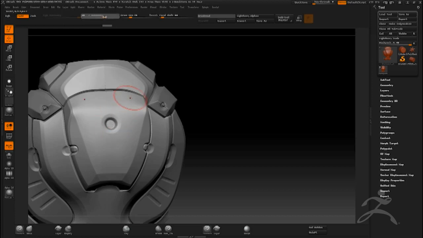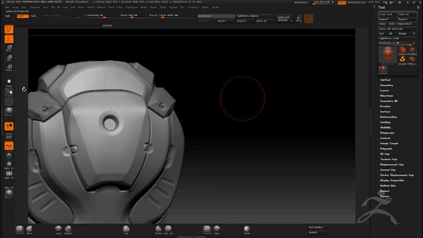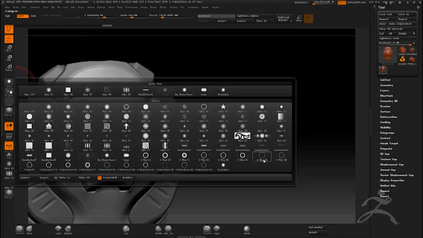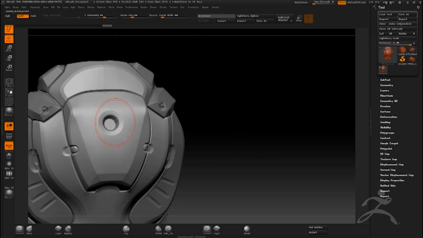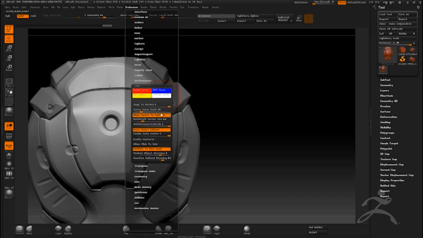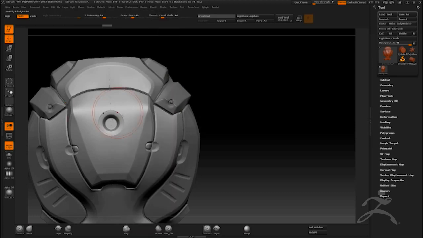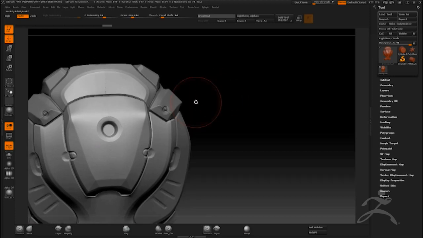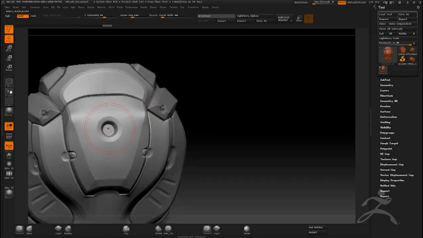Just a little pin around to get it right. Like that. And then grab these thin rings here. Sometimes when I'm doing this, I like to turn off preference, edit, line curve, surface, and turn that off. Now it's not following the surface. Just focus on